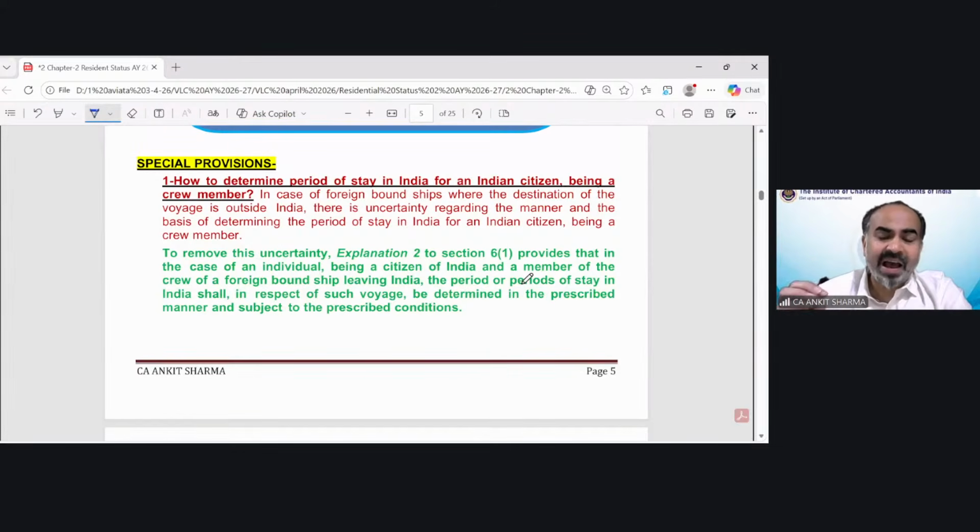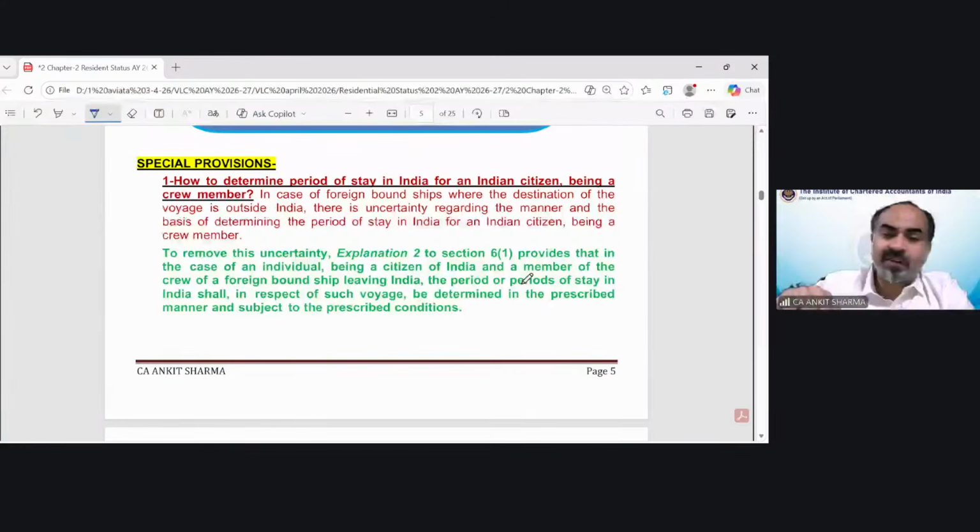So the day I have entered into the ship is in Indian territorial water still. But very interestingly, in case of crew member, the day crew member enters into the ship, we assume he is outside India, even if the ship is inside India. The day he enters into the ship, we will assume he is outside India from that day, until he is signing off from that ship. He went into the ship, stays outside India. That day, we will assume he is outside India.